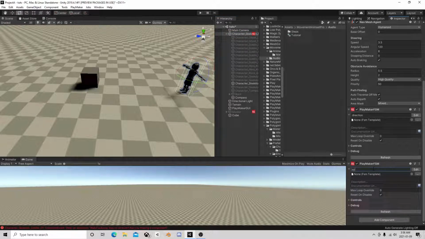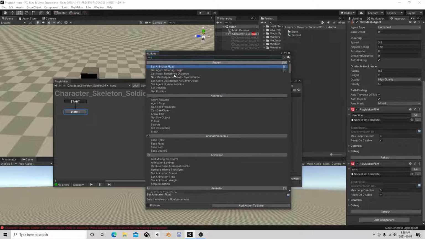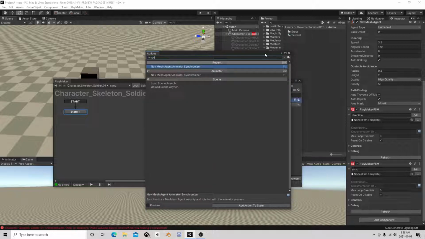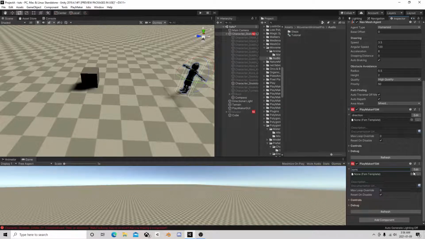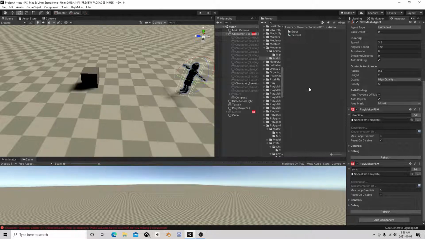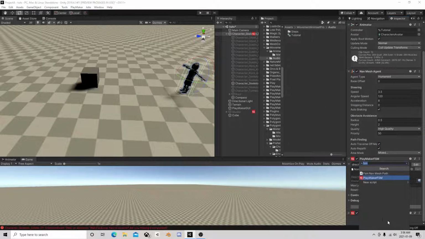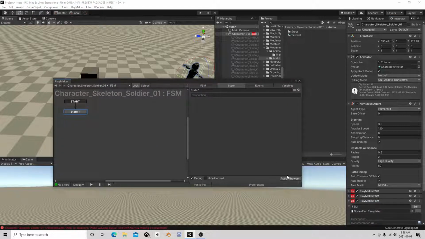we're going to make a thing called, we want to sync. This is kind of like AI RootMotion. It's just called Nav Mesh Agent Animator Synchronizer. And that's it. You just make an FSM, put it on, and call it good. Next,